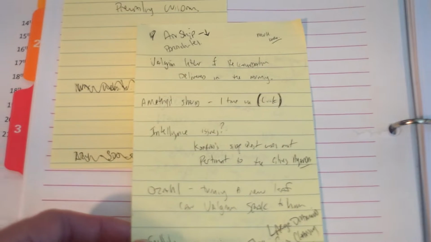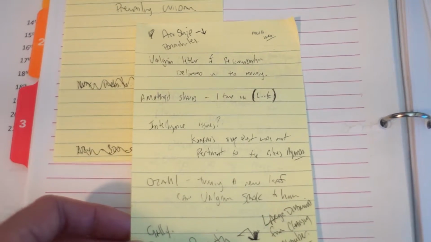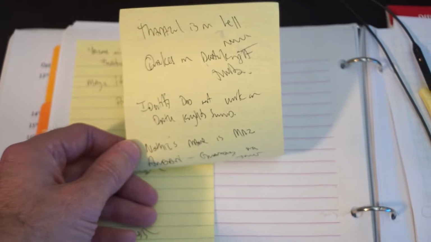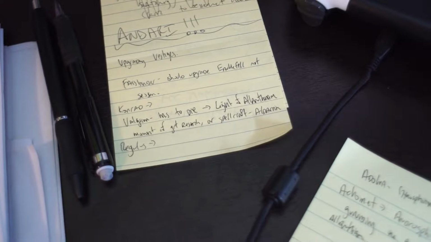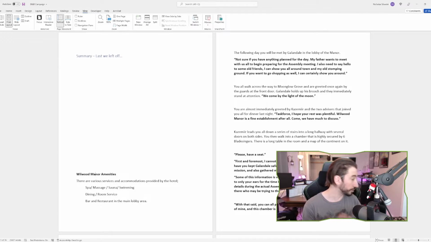Now, sometimes this is things that I take notes on as I'm going through the session live. My players might say something and I'm like, oh shit, let me write this down. I have like 12 sticky pads here. Also, sometimes I will be thinking of something. I might be watching a D&D stream, or a YouTube video about something, or just a show, and it'll spark something in my mind, and I'll write that sort of stuff down as well.